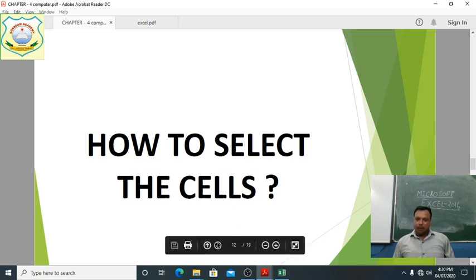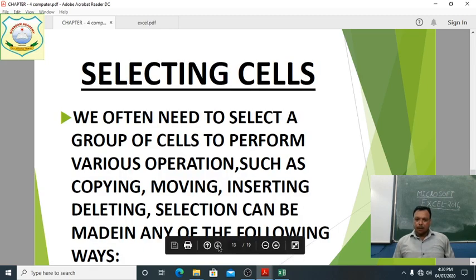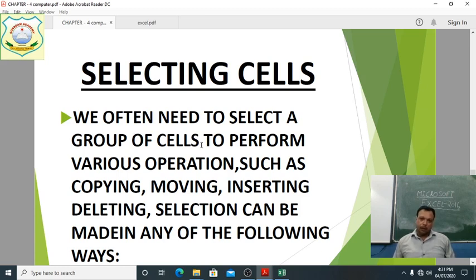Many ways are given. The first one is, we often need to select a group of cells to perform various operations. With the help of selecting cells we can do copying, moving, inserting, deleting. These are all things we can do.